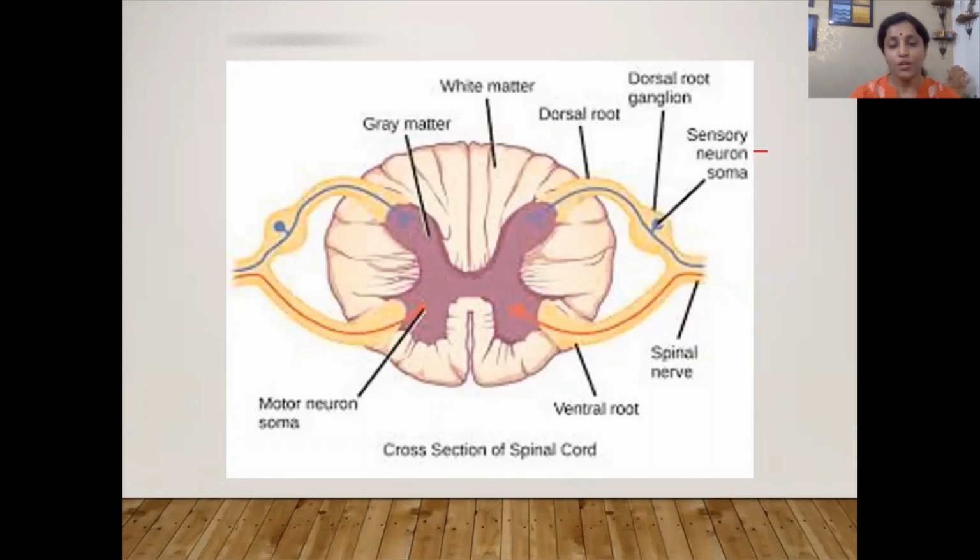So via the posterior or dorsal root ganglion, the first order neuron, which has received the impulse from the receptor, takes the electrical signal and terminates on the gray matter, that is the dorsal horn. And here we can see the motor part of the neuron, which is coming out from the ventral horn of the same spinal cord section. So if we see it properly, we will understand that each spinal segment gives rise to a pair of mixed nerves, which has a sensory and a motor segment.